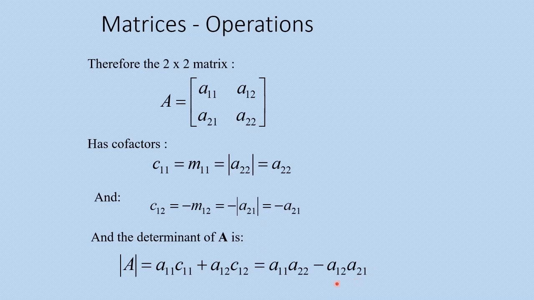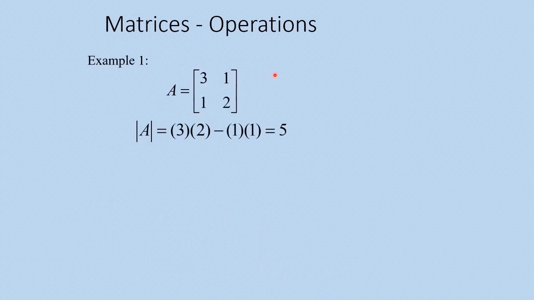That is, determinant A is the product of these two minus the product of these two. Example, in this 2 by 2 matrix, determinant A is the product of A11 and A22 minus the product of A12 and A21. Product of these two minus product of these two, that is 3 multiplied by 2 minus 1 multiplied by 1,